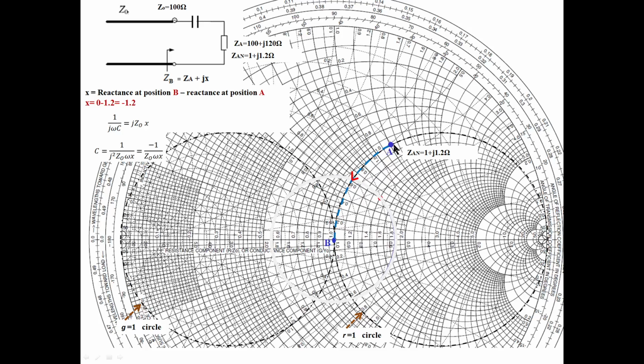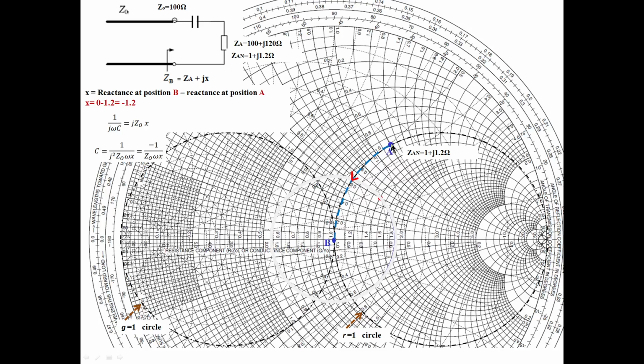This is a point. You should identify which resistance circle is passing through this point. See, like this, this is a resistance circle passing through our point. I can move over this circle from here, in the clockwise direction, or in the anti-clockwise direction. First you identify which conductance circle and which resistance circle are passing through our point.